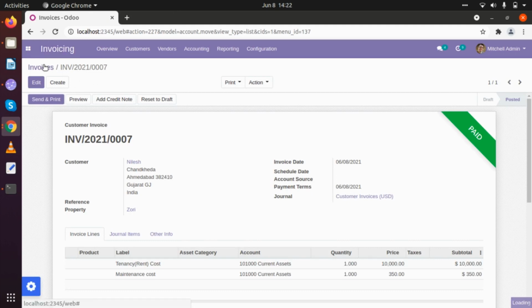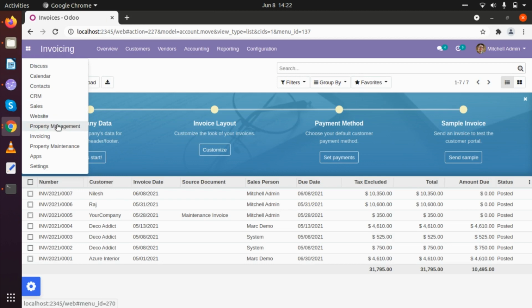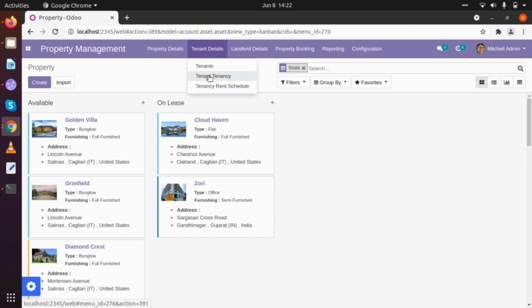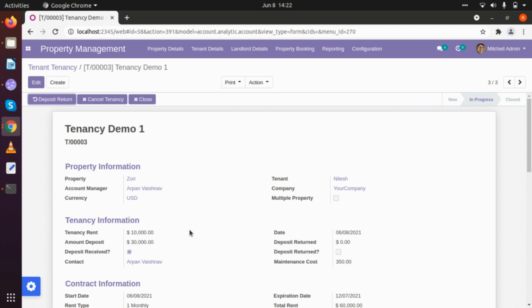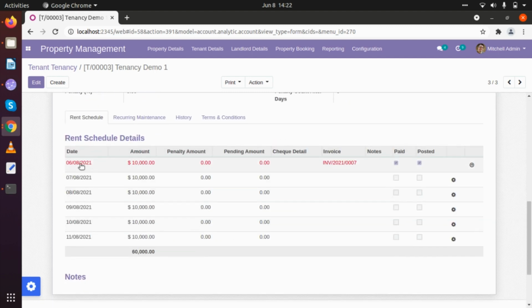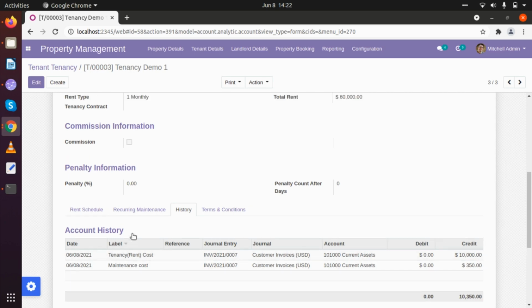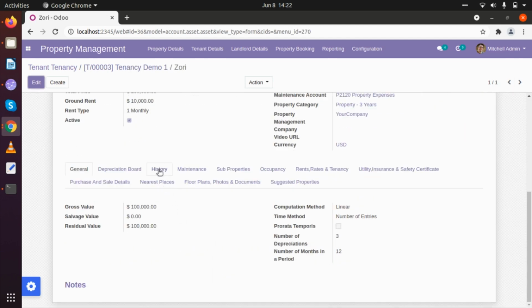Now let's go back to our tenancy. In our property management, when we look at our tenancy, that is tenancy demo, it is in progress state, and here we have already completed our payment. So when we look at history, you will be able to look at the payment that has been done. When we look at that particular property, let's say if I'm going to that property and check